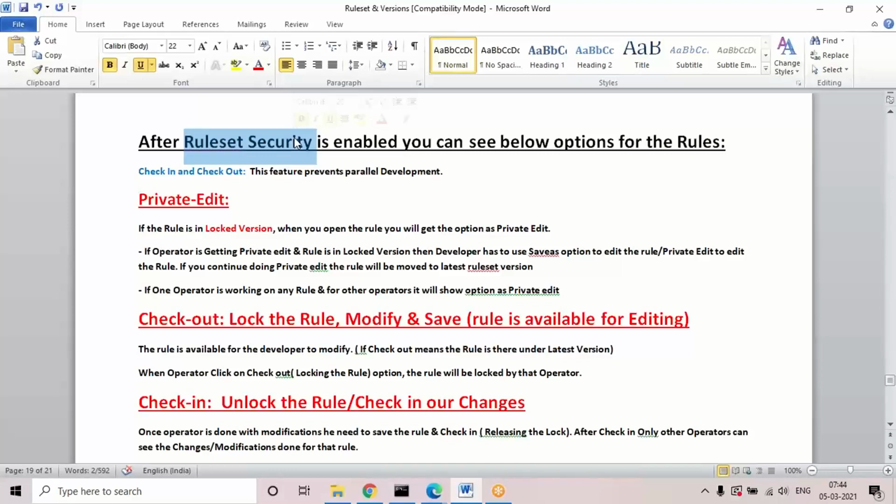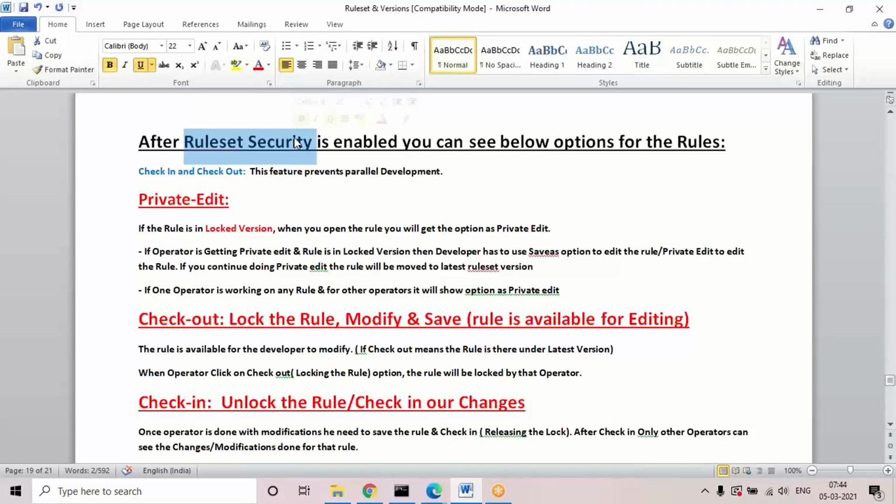So that is about rule set versioning. If they want to add any new versions, they can increment the version based on patch, but using major and minor we can also increment, but that process is called skimming. At the end of the classes I'll show what the skimming process is, not today.